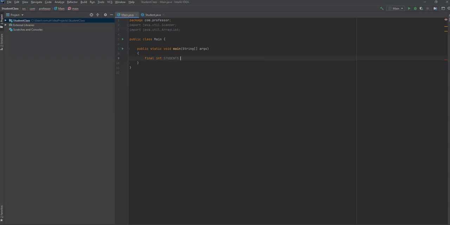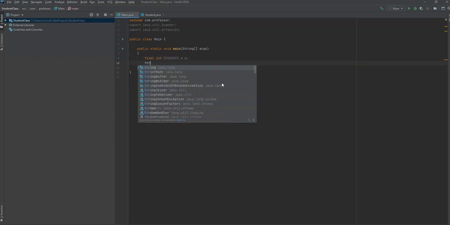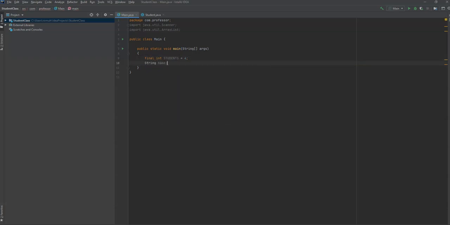That's one thing we're going to keep in. We'll only have four students. We'll also need a string variable name. Now, instead of just identifying students by a number, we're going to identify them by their name. We have to store the name in a string. And finally, we're going to have to declare the array list. So we have the student